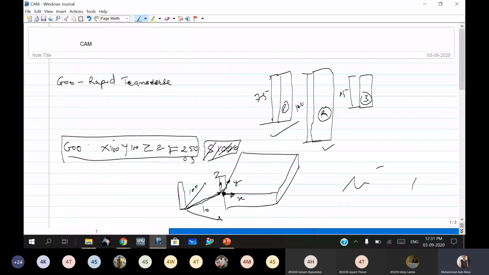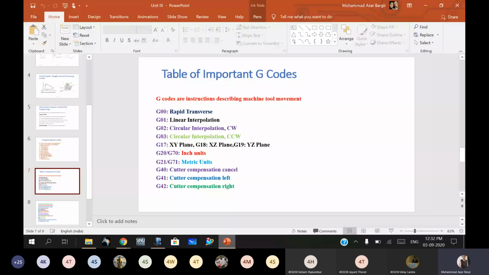So that will save your time, because it does not require any cutting operation. At that time only you have to use this G00. There is no cutting operation. Then moving ahead with the next code, that is G01, linear interpolation. So this will move linearly. There will be no contour or circular radius if you use this G01 code. Okay. I will explain again.